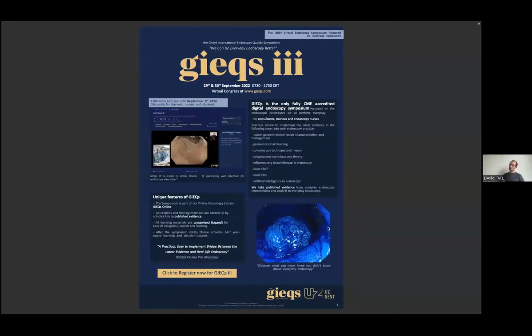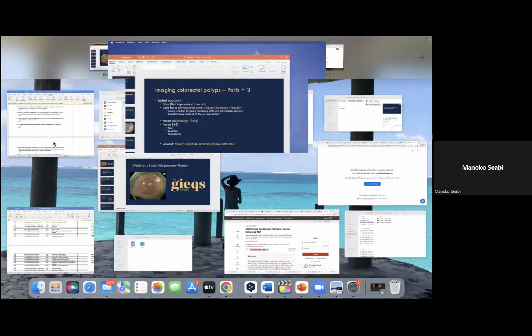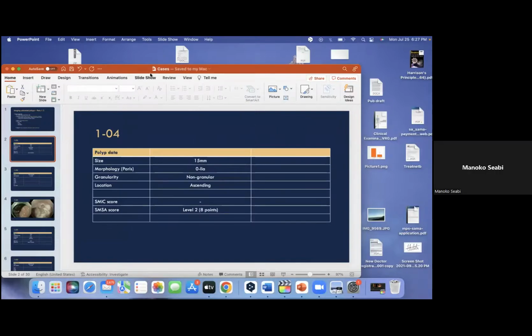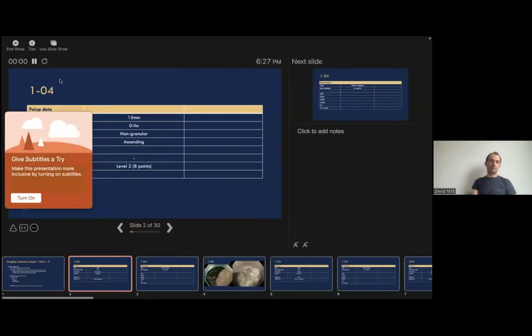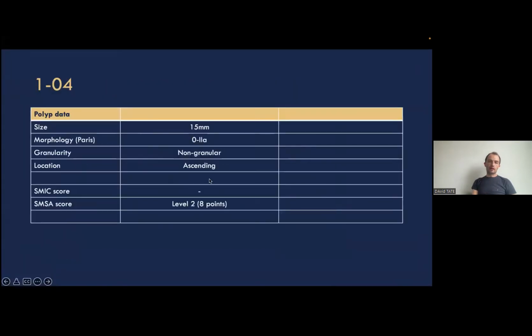Can I ask? Of course. So the edges of the polyp, to me, it looked like they were clearly demarcated. It might be that I joined late, so would you say that they are not? Okay, we'll go back to that in a second, but let's just let Vikash show his slide of the polyp, and then we will go back to that question, because that's an important question.